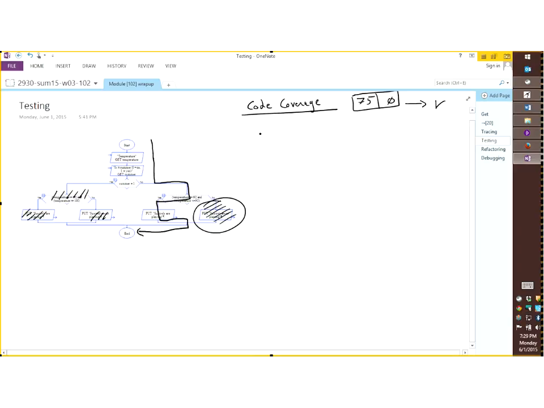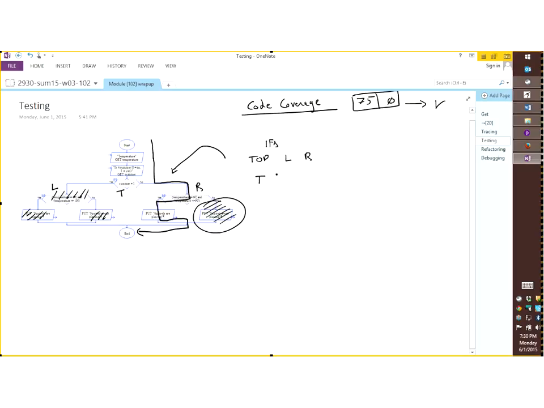But at the very minimum, I want to trigger everything. So what does that mean here? Well, let's take a look. We have several if statements. I would call this the top if statement, the one that tests summer. Then we have a left if statement and a right if statement. So what can happen here? The top if statement can be true or false.